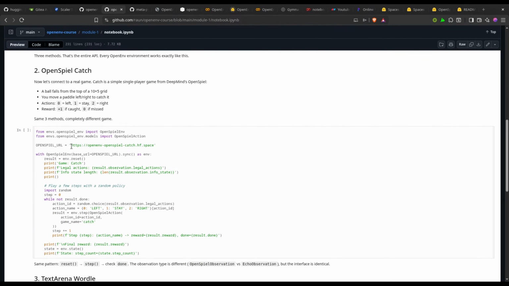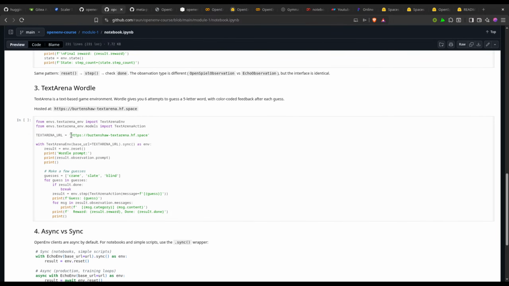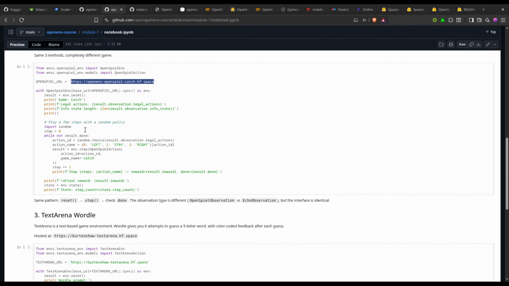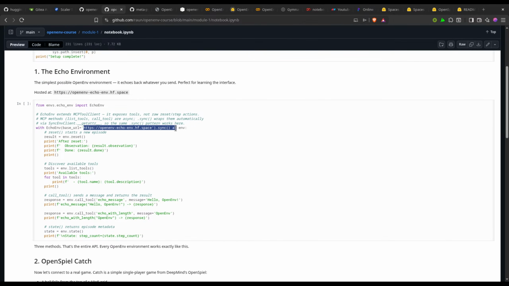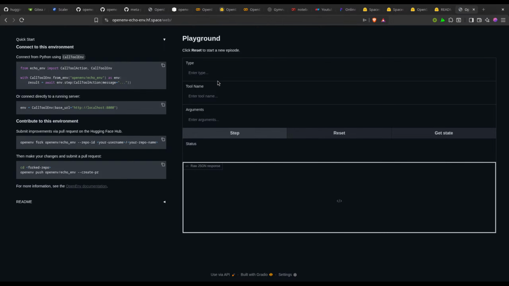Okay, is this the one? No, no, right? This thing is not working. This thing is working, but yeah, we are getting some error in the UI. Let's just say we are calling call tool.